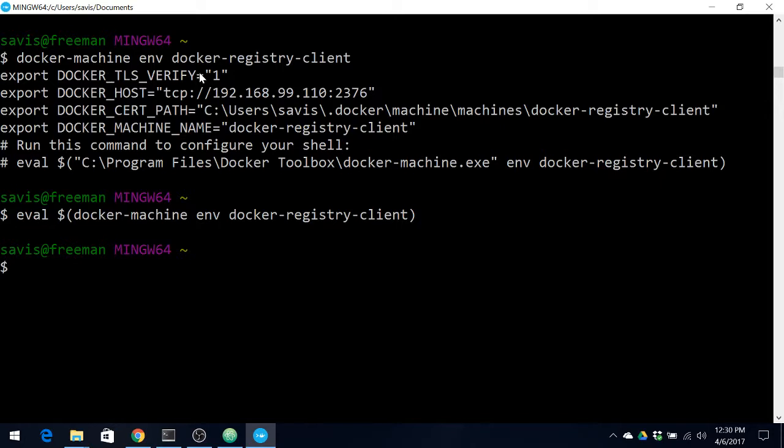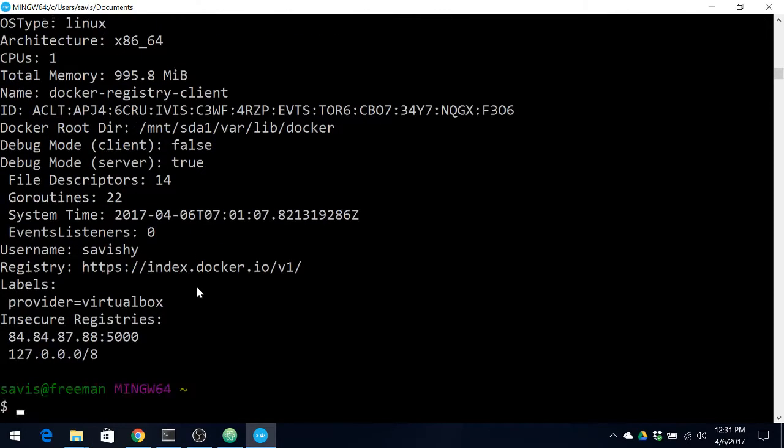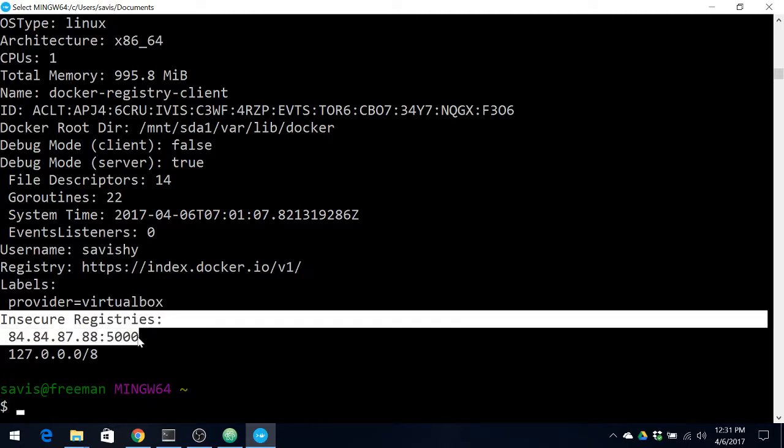All that does is it sets these environment variables, and that's it. Using the four environment variables above, we are now connected to our Docker registry client. So now if I run docker info, I see a whole lot of things, but importantly I see this insecure registries 8484, 8788, 5000.